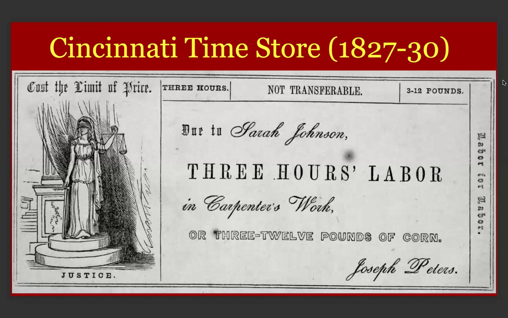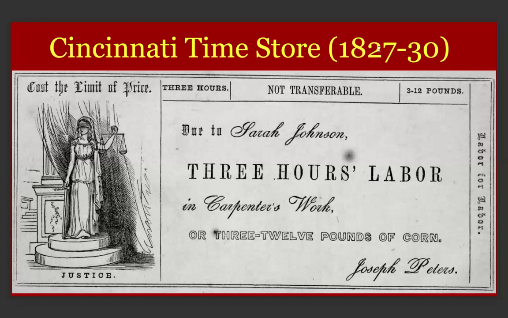So Locke essentially starts thinking along these lines, right? The labor theory of value. Now, what you're seeing here is very interesting because this is a true check that was used in the early 19th century, just for 3 years. You can see 27 to 30. There was this experiment in the United States where people tried to get rid of money, a little bit like Bitcoin today, to have a different alternative